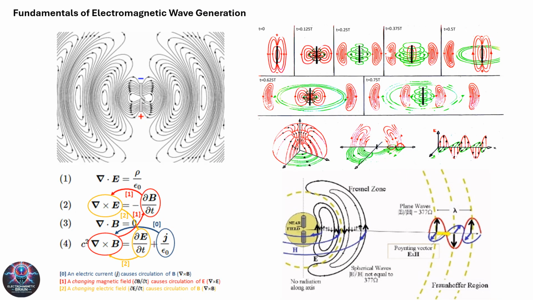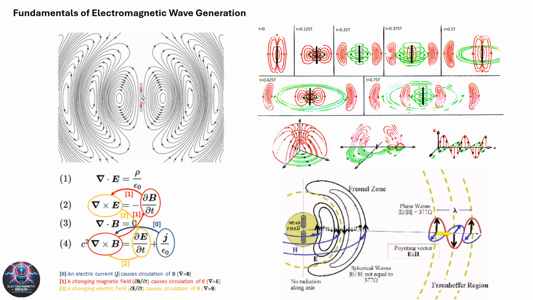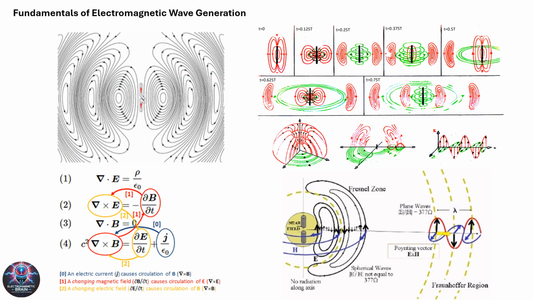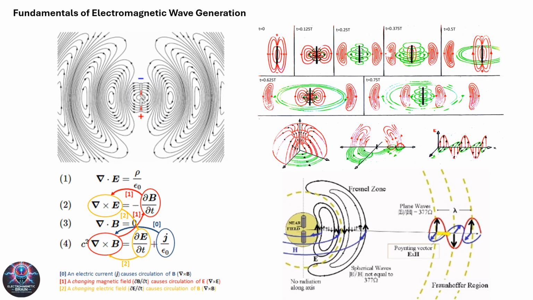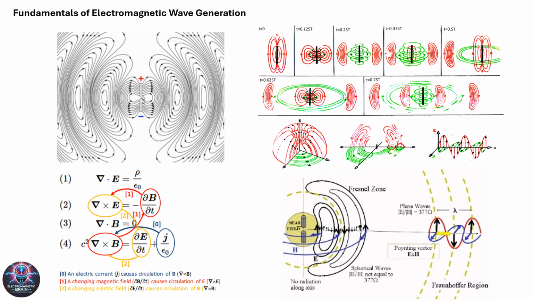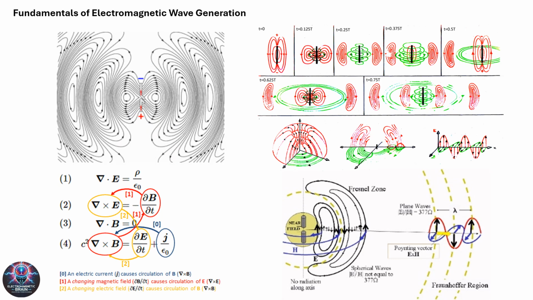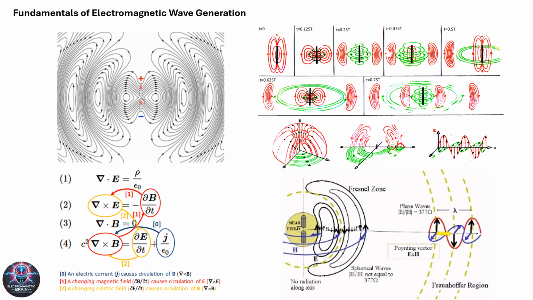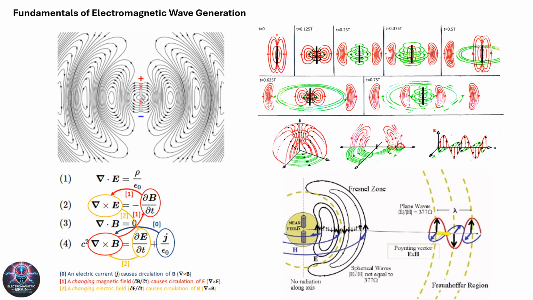On the left side of the slide, you can see an animation of a dipole generating electromagnetic waves, illustrating how an oscillating dipole produces time-varying electric E and magnetic B fields. These fields are governed by Maxwell's equations, which are also depicted next to the dipole. As the charges in the dipole oscillate, the resulting time-varying E and B fields interact and propagate outward, forming electromagnetic